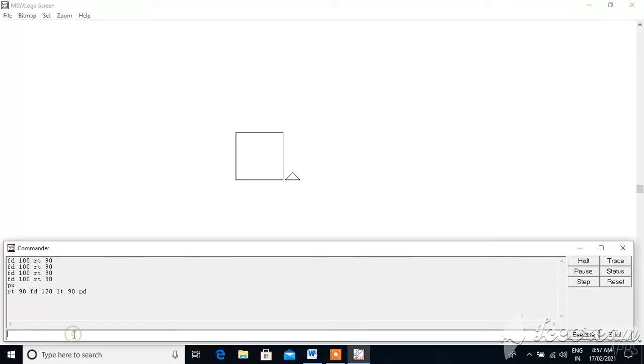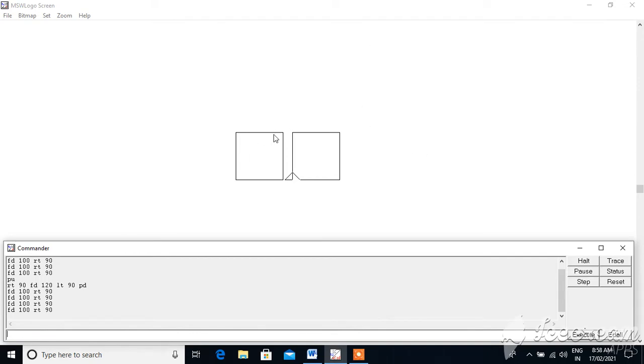Now again we will draw one more square. FD. Again move this turtle upside, RT 90 degrees, again 100, RT 90 degrees, move the turtle down, 100 points, RT 90 degrees. Understand?